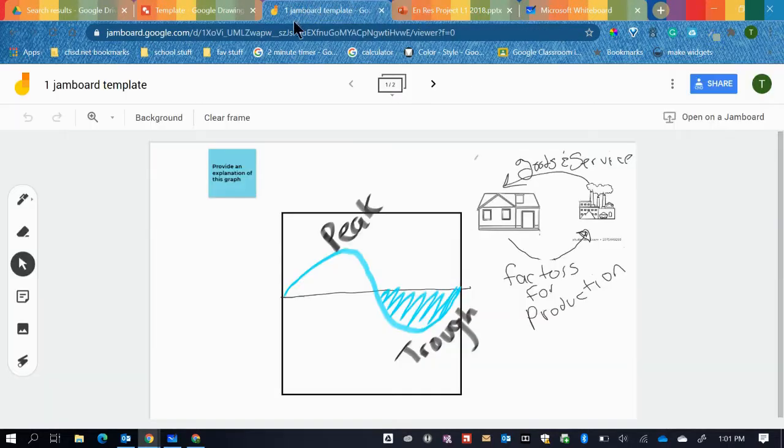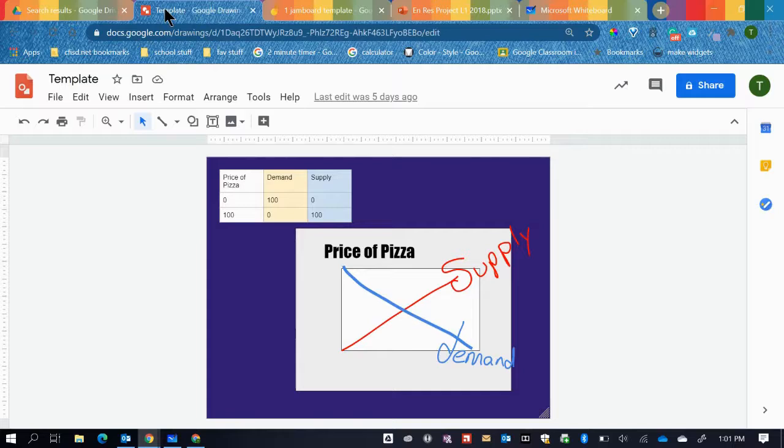I also have JamBoard. JamBoard also offers the features of sticky notes. You have the ability to incorporate pictures and draw and explain with your drawing tools. And lastly, I have Google Draw. Google Draw has limited drawing features, but it has other great features which may make this a tool of choice. I'd like to take the next few minutes going over the tools in each one of these applications in more